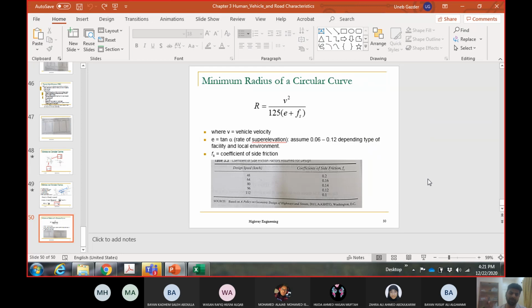So having this super elevation is not recommended. We will say that if you reduce the R to 100 meters, then you cannot maintain this speed because the super elevation required is very large. So this was this question.